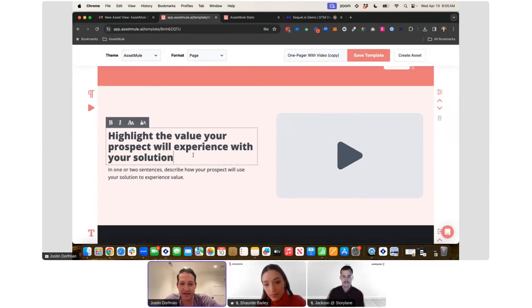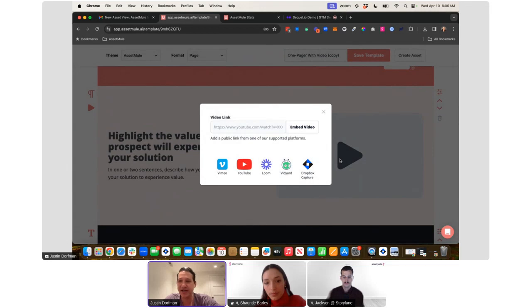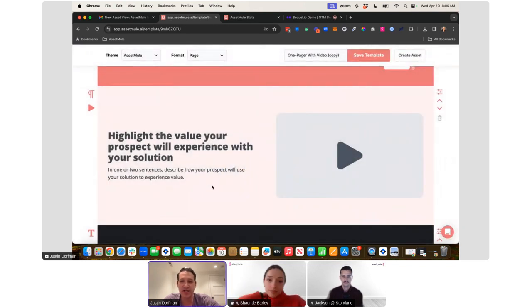Continuing down the template, I can replace my placeholder copy over here with my own copy. I can add my video in here, a demo video or something like that, putting in a Loom or YouTube video or a link from one of these supported platforms. But AssetMule also has this really interesting concept that we call snippets, where as you're building out your templates, you